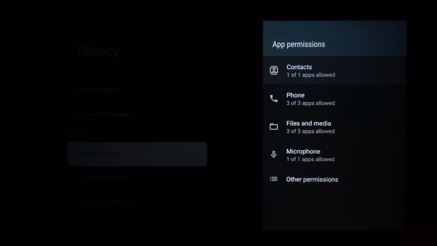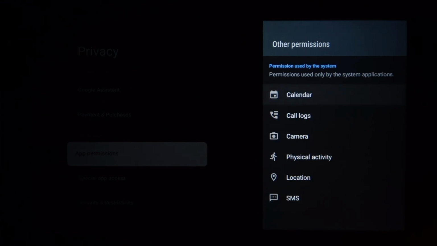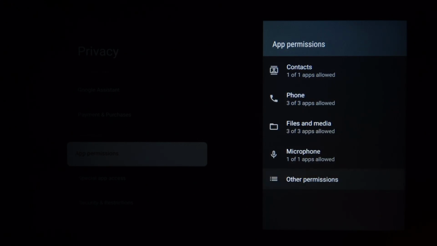You can manage contacts, phone, files and media, microphone, or go to other permissions to see things like calendar, call logs, camera, physical activity, location or SMS. Now let's select any of the permissions that you want to manage,